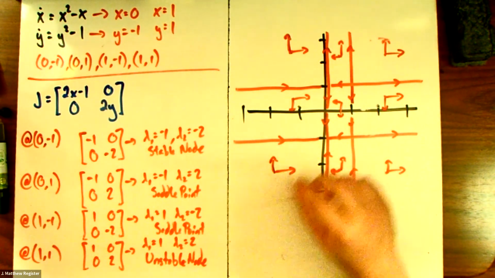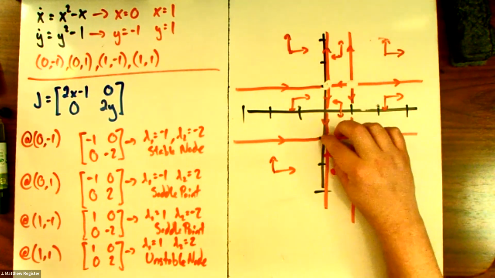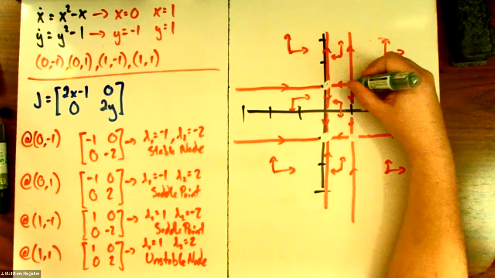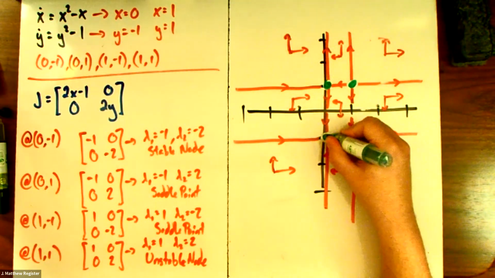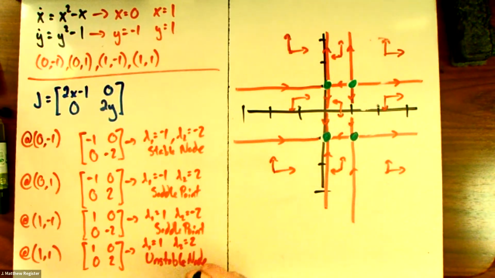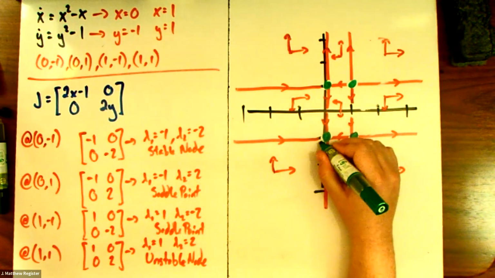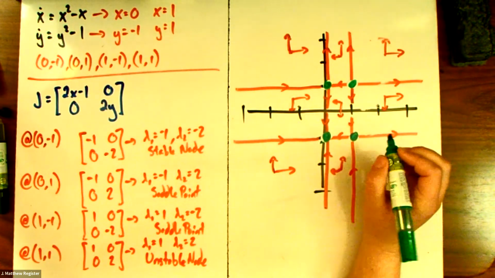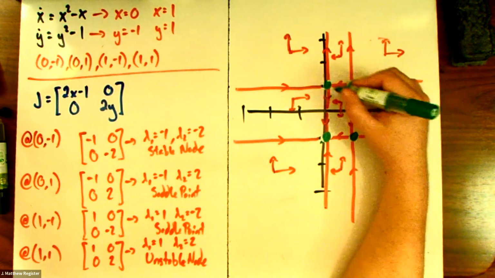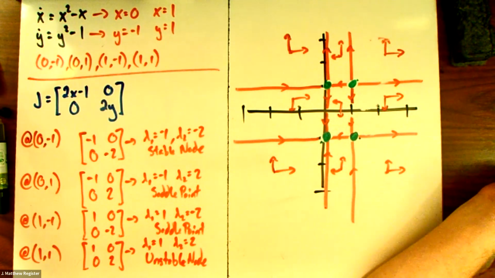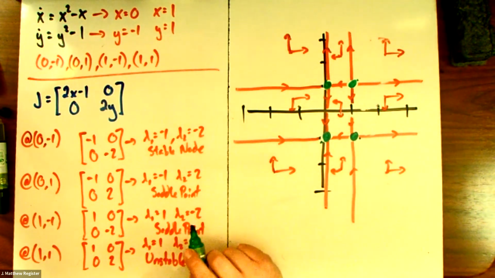We have 4 equilibriums. And we know that the 0, -1, so this one is going to be a stable node. This one up here is going to be an unstable node, and the other two are going to be saddles. And at that point, we can use our arrows and our equilibrium to figure out what the graph is going